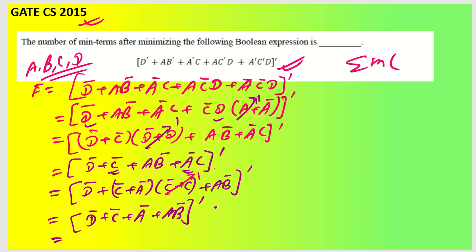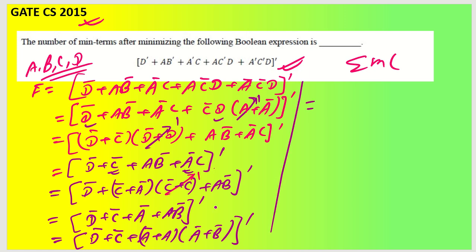bar. Now if we see this last two terms, we can have expansion based on A. So D bar plus C bar plus (A bar plus A into A bar plus B bar) whole bar, right? From here we are going to get A plus A bar will go 1. So we will be remained with A bar plus B bar plus C bar plus D bar, right? So we can write it down as (A bar plus B bar plus C bar plus D bar) whole bar,